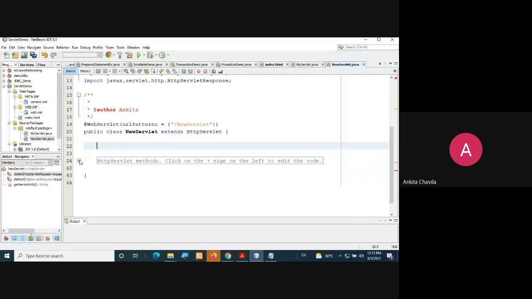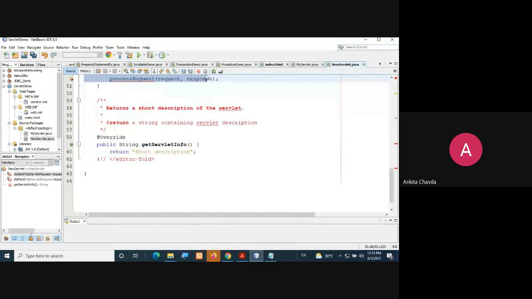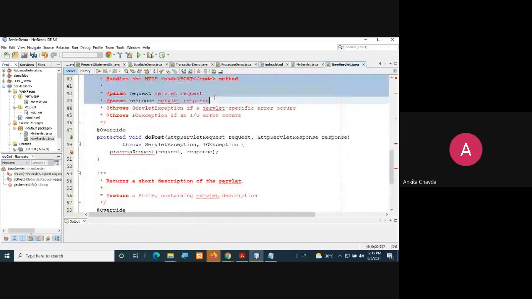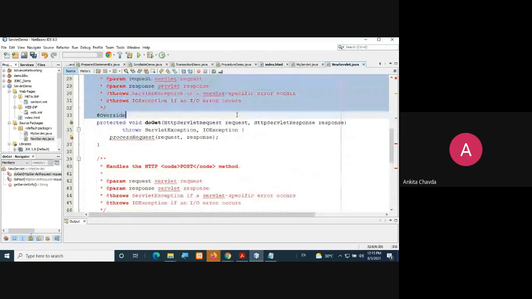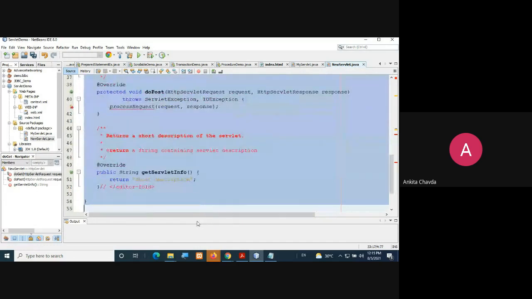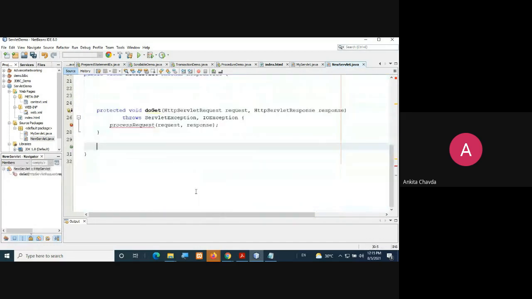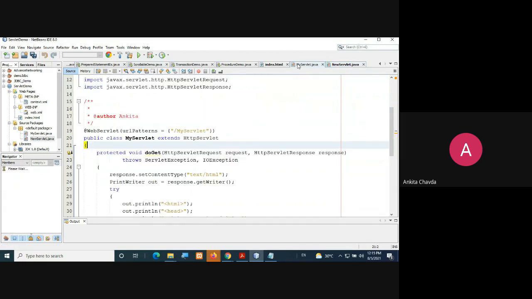And here you are having these methods. Here also you are deleting, and you are keeping only one method, either doGet or doPost, right? If I'm using the doGet method, I'll delete the rest of the things and just keep the doGet method. So this is how I'm getting my method, which is doGet, and I'm writing the code here. I hope you are getting it.